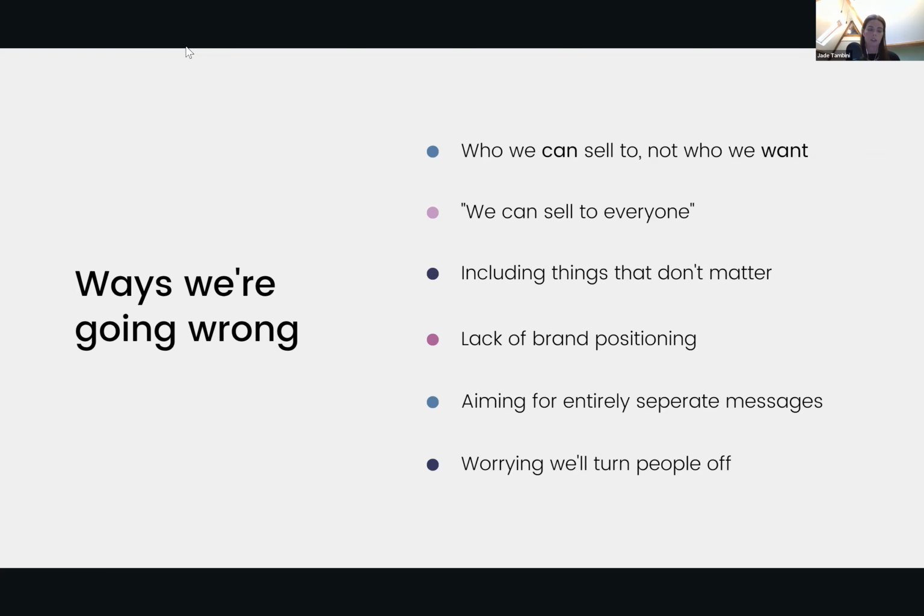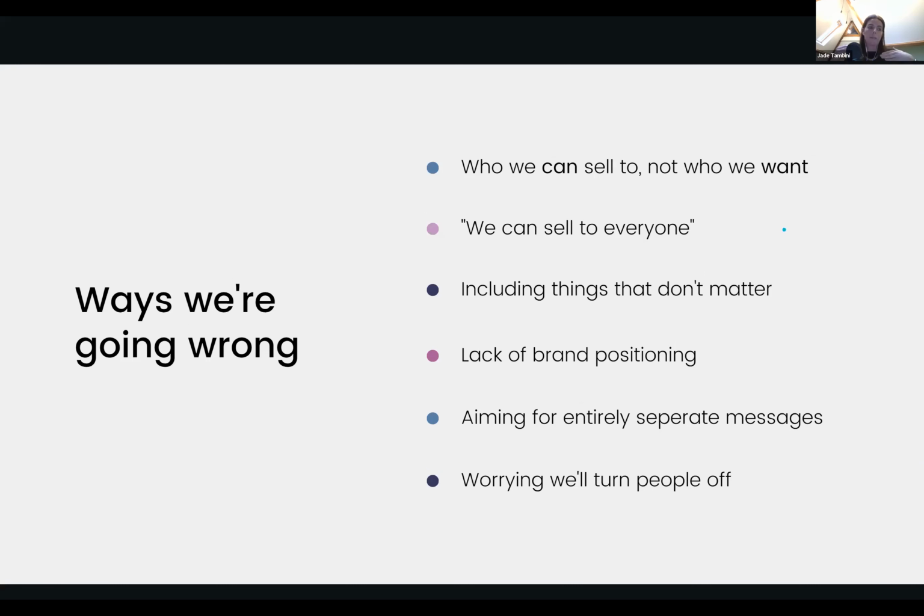It doesn't open the market at all. It slims it. And the reason why is that if you say we can sell to everyone, it doesn't appeal to anyone, because you're not able to then pin your hat to any one group of people's direct problems and needs. If you say we serve large global enterprise companies and small, medium businesses through to micro organizations